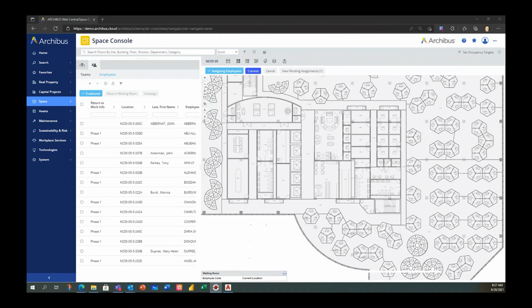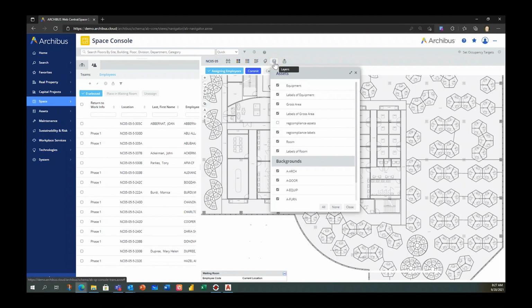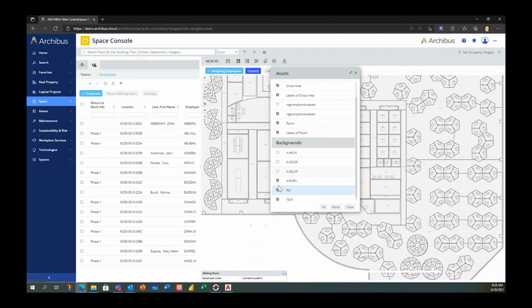All right, so now that we've got all that more architectural information consumed into Archibus and available to use, we can bring up the Space Console, which is where we're going to be doing the majority of our more space management activities, and start layering on some additional information. But just something to note is that all the different layers that are coming over from AutoCAD are going to be available to use in Archibus as well. I like to call this increasing and decreasing the resolution of the floor plan that you happen to be working with within the Archibus solution. So as I turn these layers on and off, you can see that the amount of detail included is going to be adjusted.